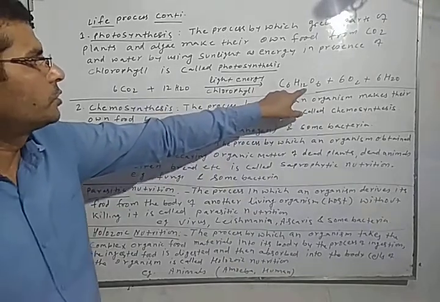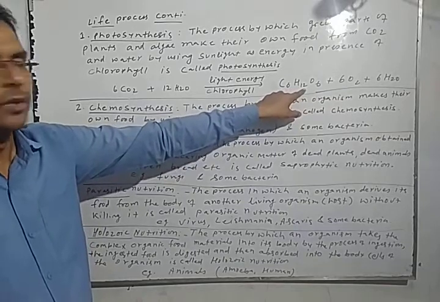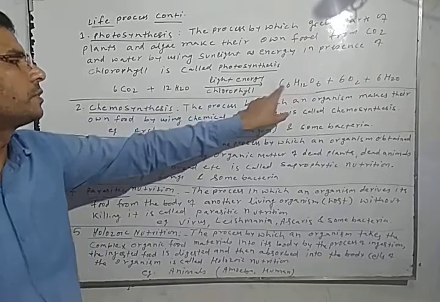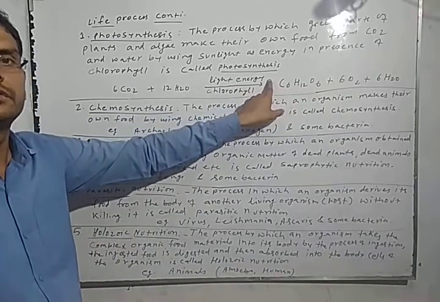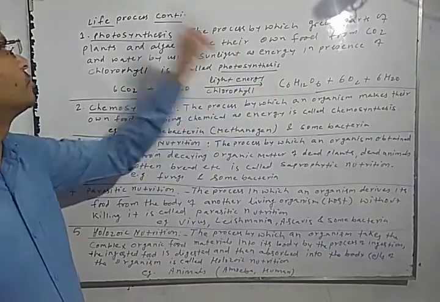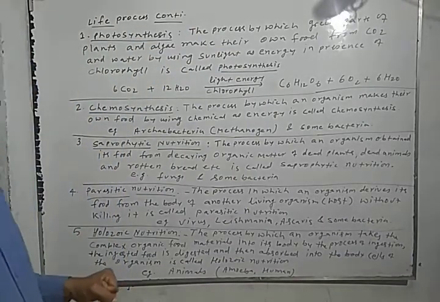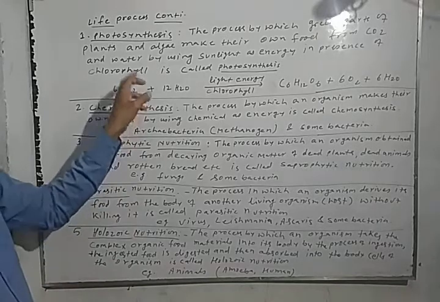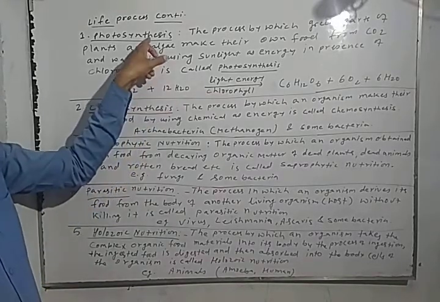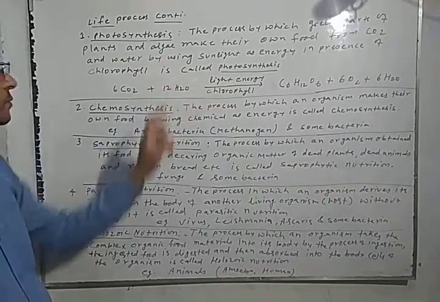We already know that carbohydrate is a type of nutrient, that is a part of food, and that part of food is synthesized with the help of sunlight, light energy. So this process is called photosynthesis. Now in this chapter we will also go through details about photosynthesis. So here are only definitions. Next,